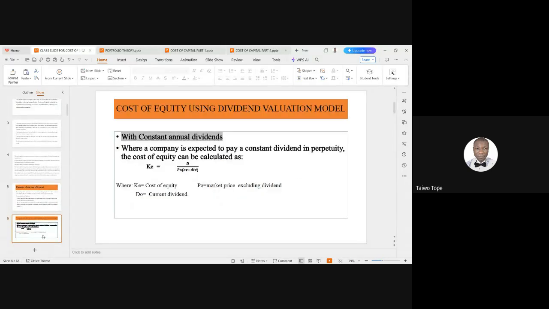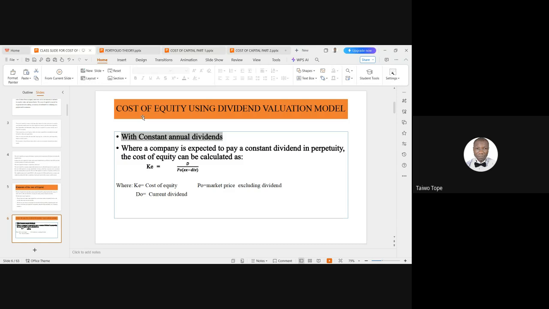So we have various forms of cost of equity that we're expected to look at. So we have cost of equity using dividend valuation model. There are various ways you can determine your cost of equity. So one way the syllabus wants us to evaluate is using the dividend valuation model and using the dividend growth model. So cost of equity using dividend valuation model,